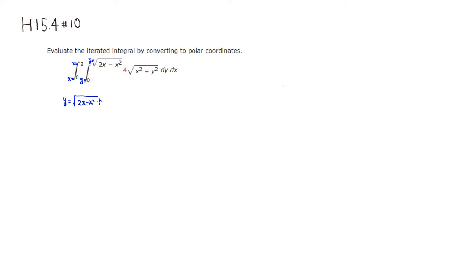We can complete the square so that we can sketch the picture of this. I'm going to pull out the negative sign from negative x squared. So you have x squared, and 2x becomes a negative 2x. In order to complete the square, we're going to need a plus 1 here. Then I'm going to subtract 1 so that we don't change the function. So using these three terms, we can write it as square root of,